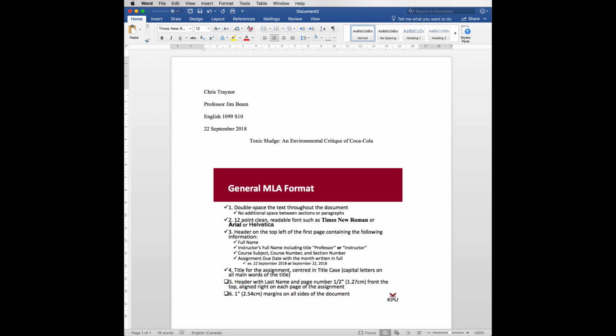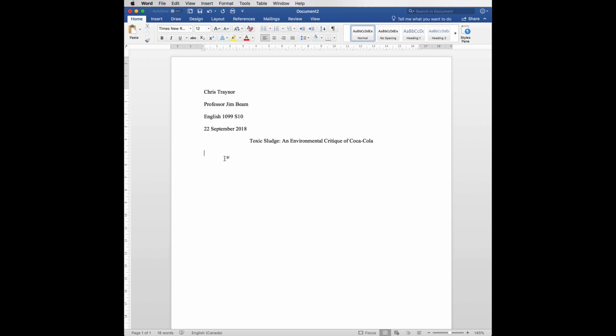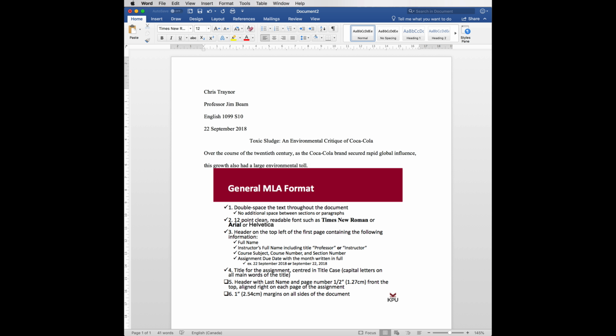Okay, so now that we have our title, we can press the enter key, move the cursor down to the next line, and then remember to left justify your paragraphs, and then we can begin to type our document, etc. Okay, so that's now we've got the basic setup for our document,